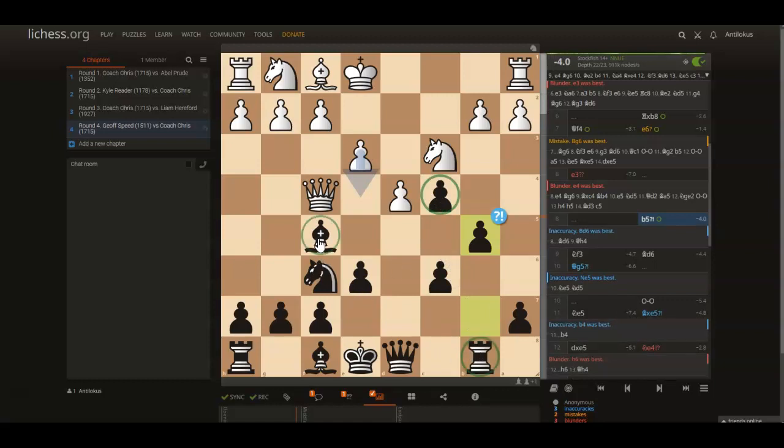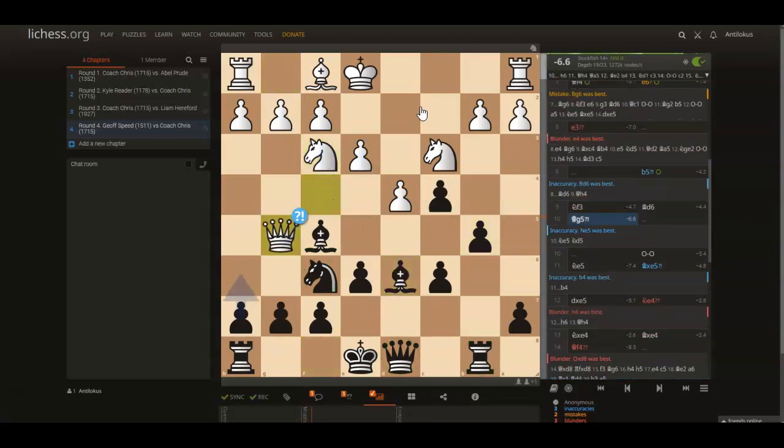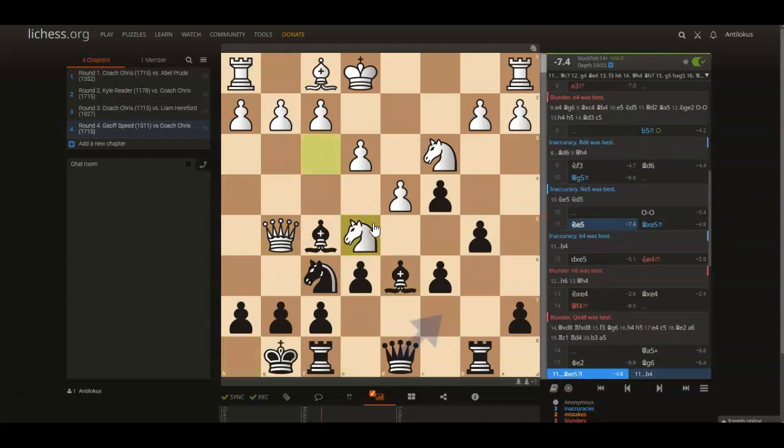Black has all the pieces working. Bishop d6 is going to come with tempo, and White really struggles to develop. Knight f3, bishop d6, queen g5, but I can just castle to protect g7. And after knight e5,